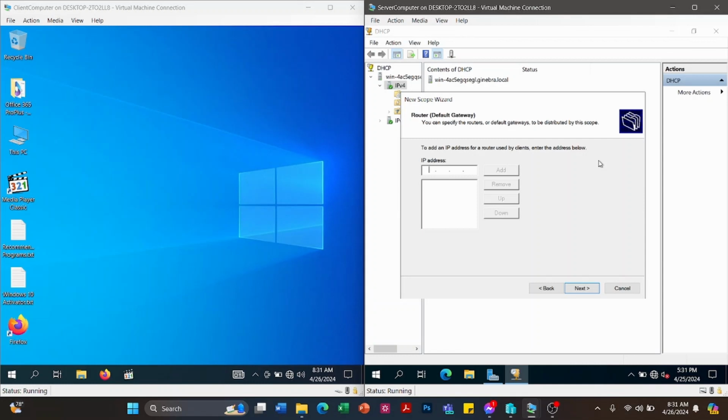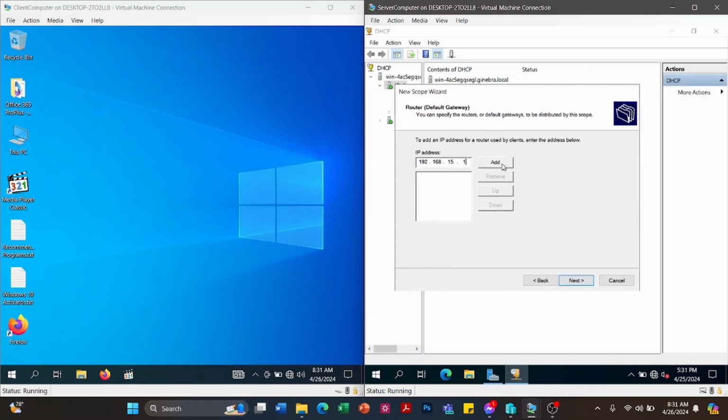The router IP address is equivalent to the default gateway, for the client computers connected to the Ginebra.local domain. So we're going to enter 192.168.15.1. Remember that 15.1 is always reserved as the default gateway, or the IP address of the router. So just click add, then next.